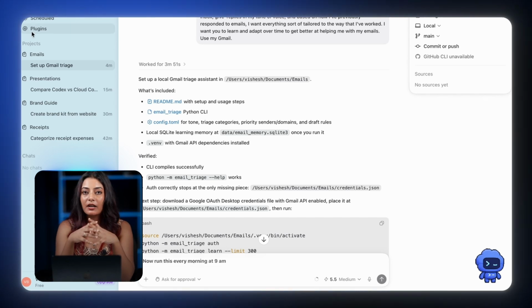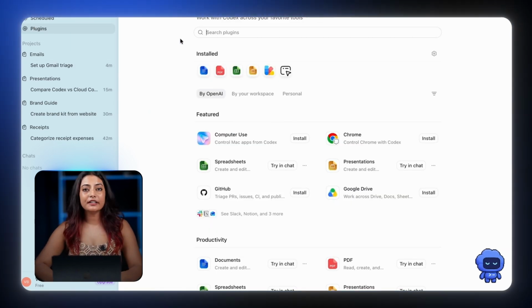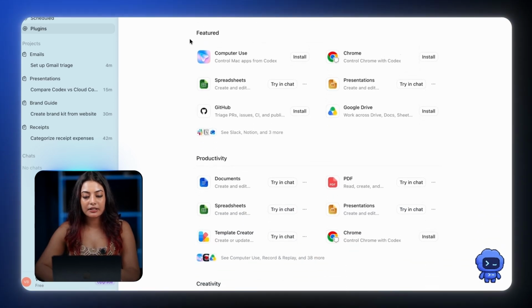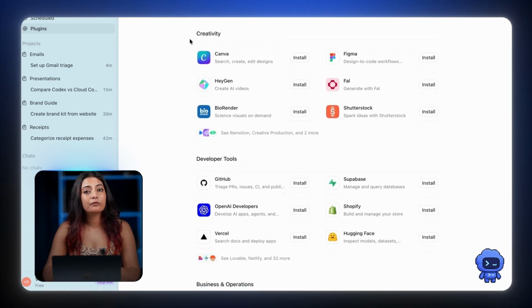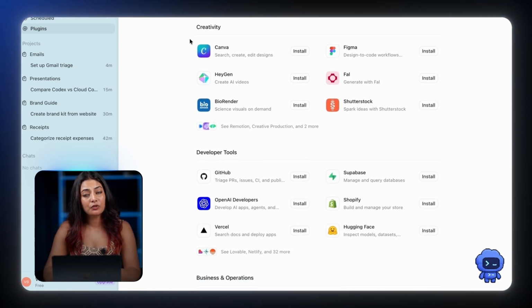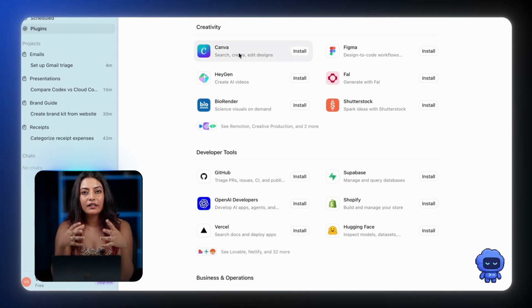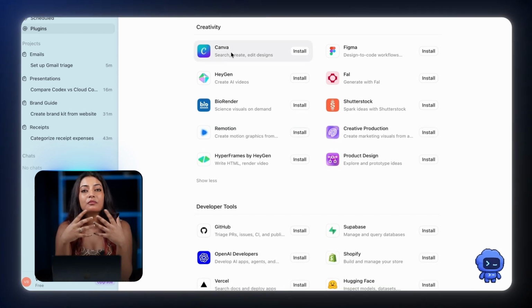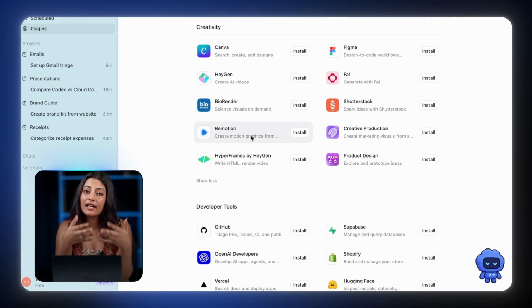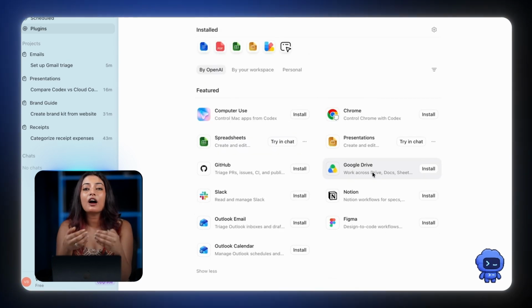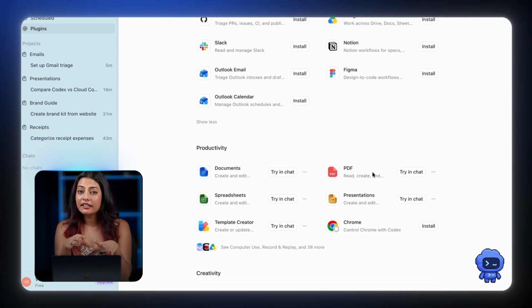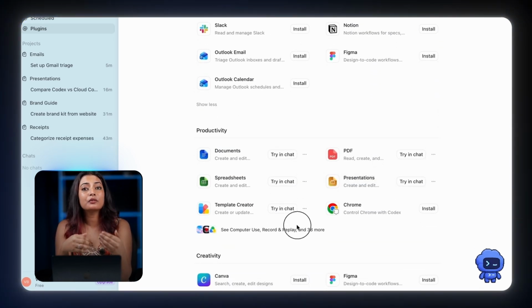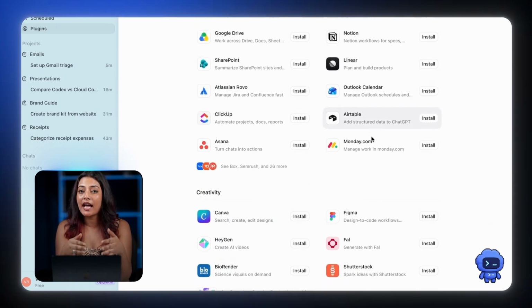So first we have plugins. Let's look at that one. We already covered a Gmail plugin, and you can see all the other plugins that are available here. And in my experience, the more plugins that you have, the more helpful tools like Codex are going to be in helping you. So if you use Canva a lot, add Canva. If you want to use Remotion to create motion graphics, add that one. If you use Google Drive or you have a lot stored in there, you can connect that one up. You can connect Google Calendar. The more you share, the more it's going to know about you and actually be able to take action